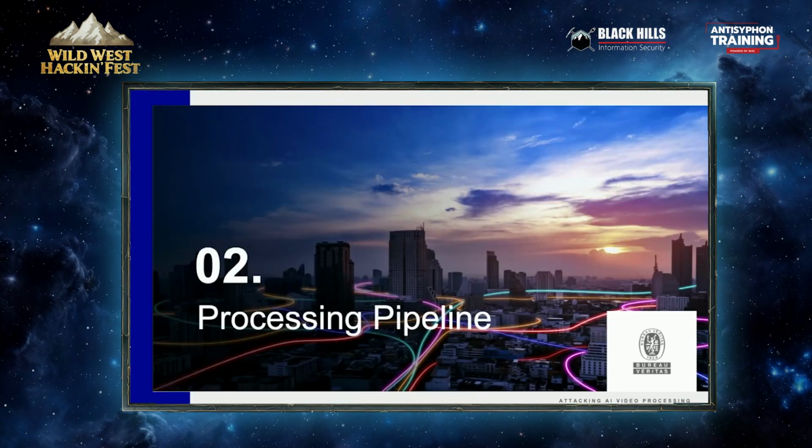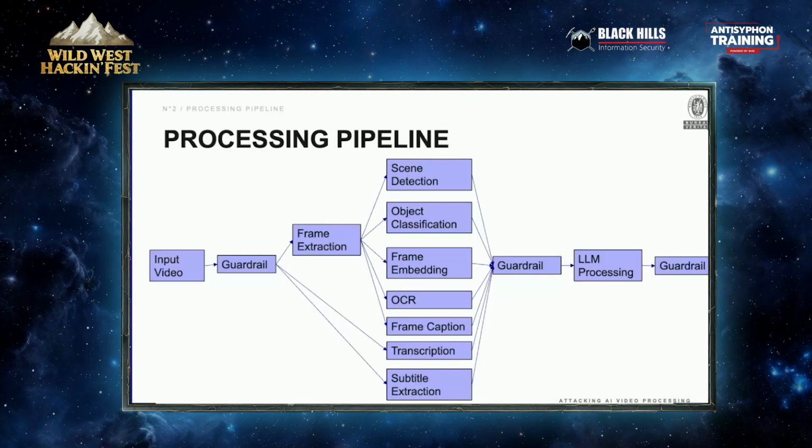All right, let's look at how we would process them. What does a typical software component look like that's processing these? This is a bit of an eye chart, but it is complex. There's a lot of complexity in taking a video and trying to extract information out of it. You'll see, starting from the left with the input video, we have guardrails. These may not only be LLM guardrails, these could be file size guardrails, different kinds of things to try to keep bad video